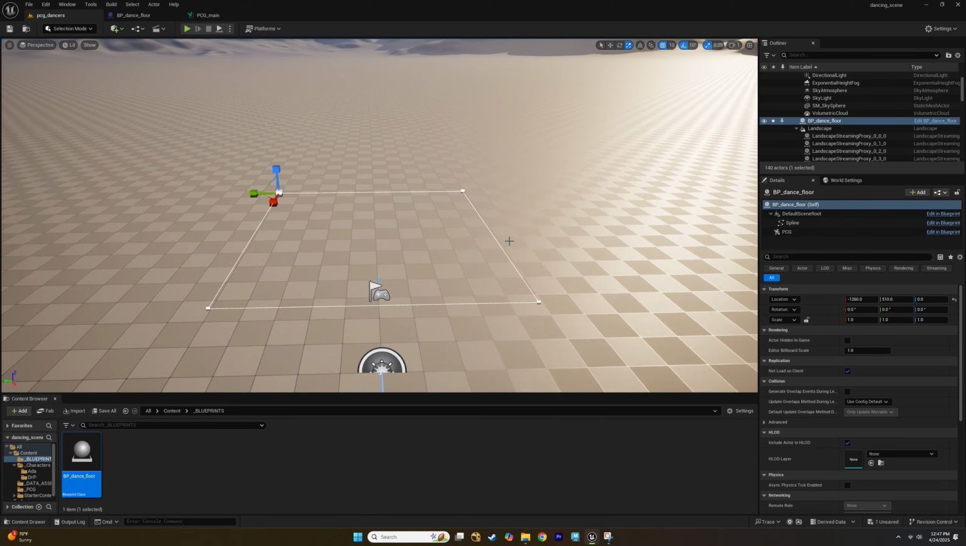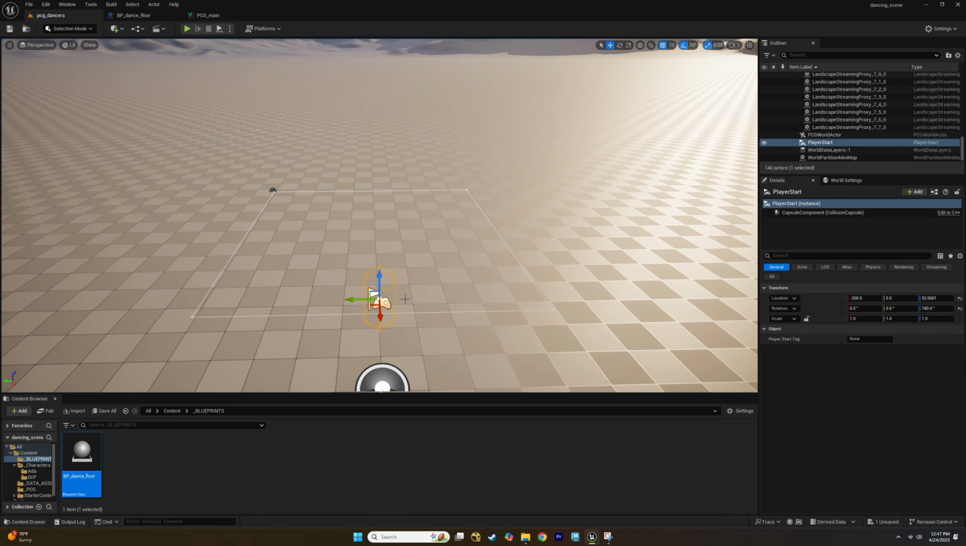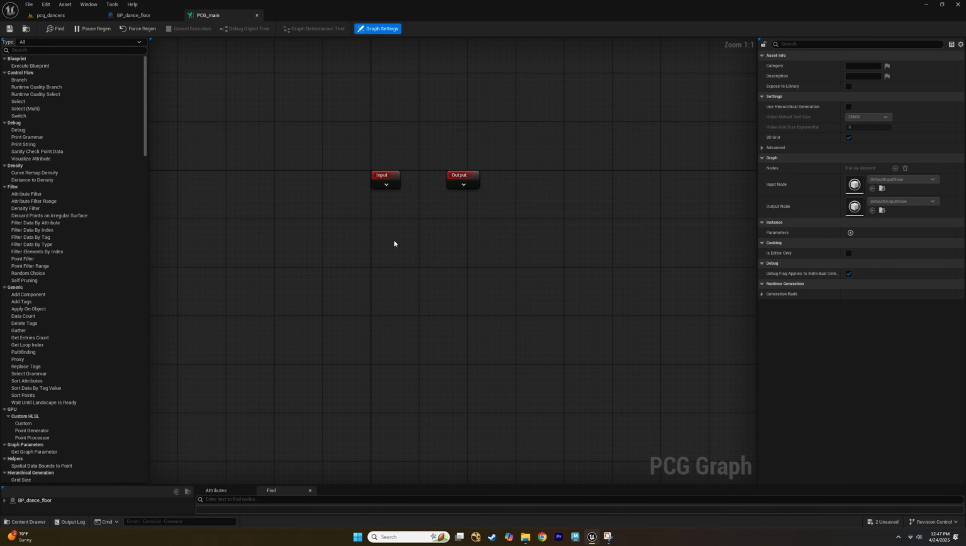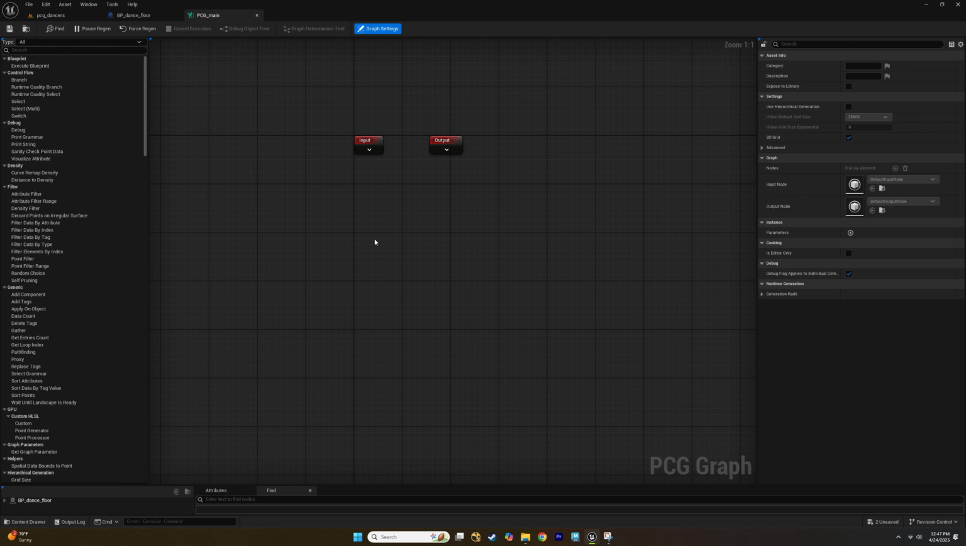But you can see there's nothing there right now. Let's move this player character. That's because there's nothing in our PCG graph. So let's go back to our PCG graph, and we're gonna do spline